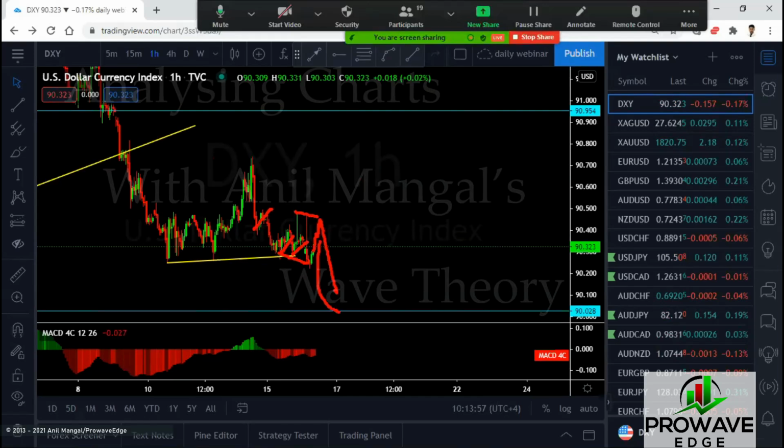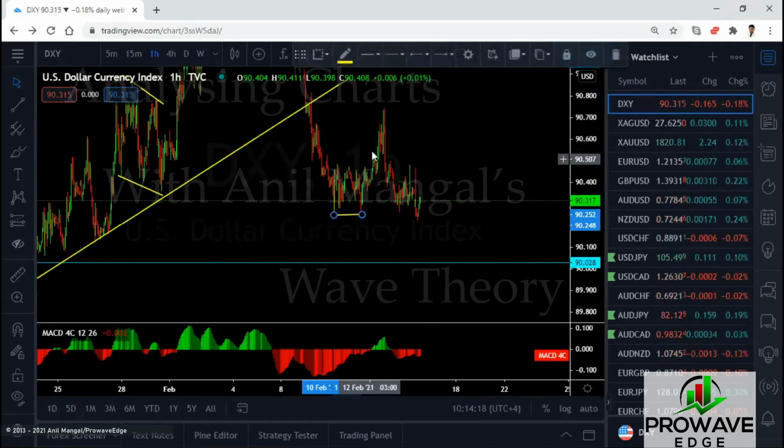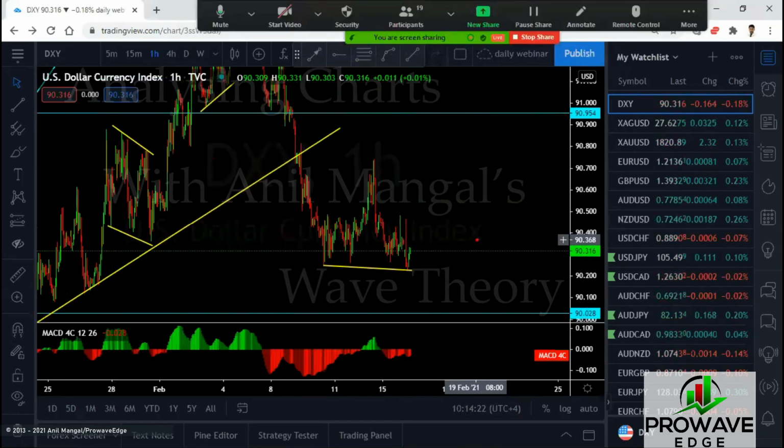So on the downside, any flag would be a sell. Any flag would be a sell setup. Any correction, bigger correction here now. I think this is all this correction. It could be a bigger correction. They could come back all the way to the top here